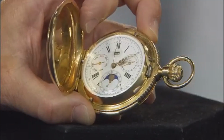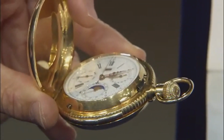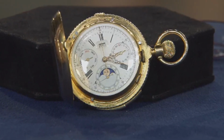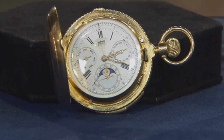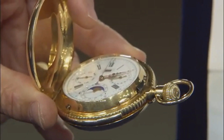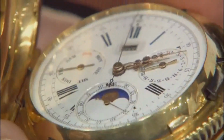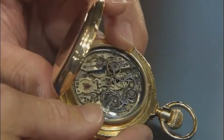Additionally, it possesses a minute repeater, a prestigious and complex mechanism that chimes the time on demand. Minute repeaters are among the most challenging complications in watchmaking, requiring expert craftsmanship in both mechanical engineering and acoustics. Further enhancing its appeal, this pocket watch also boasts a certified chronometer movement, demonstrating exceptional precision and reliability. On the reverse side of the watch, an exhibition cover reveals its intricate movement, allowing admirers to appreciate the fine